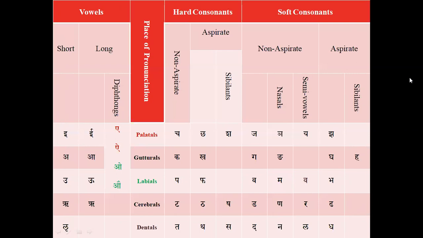You have to consider it as dental plus labial. It is in the same row as the labial, but also dental. That is va. And under soft consonant and aspirate, bha is there. That is mahaprana, aspirate. So similarly for cerebral and dental, the table itself clearly shows